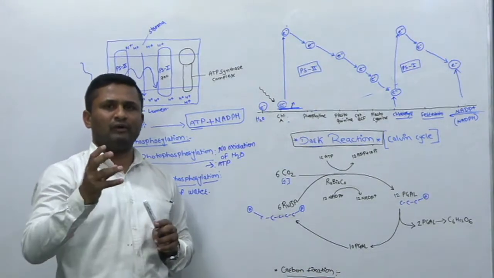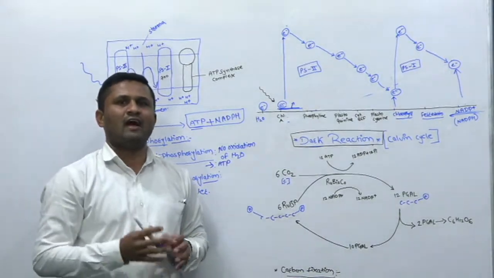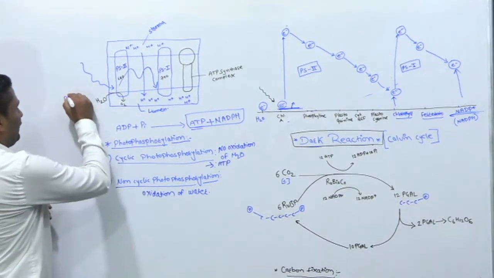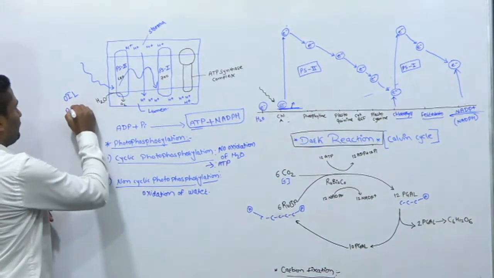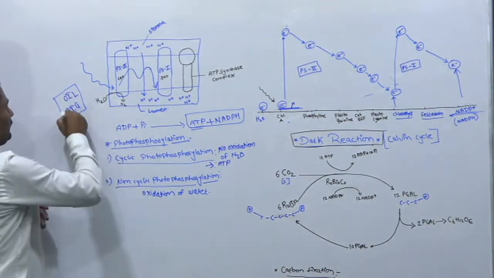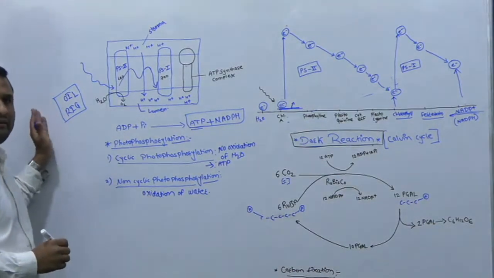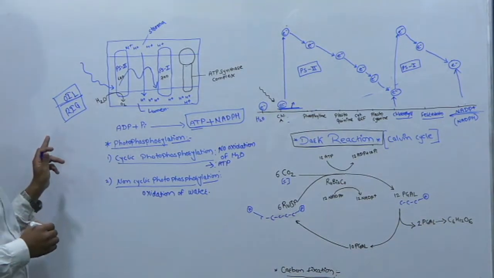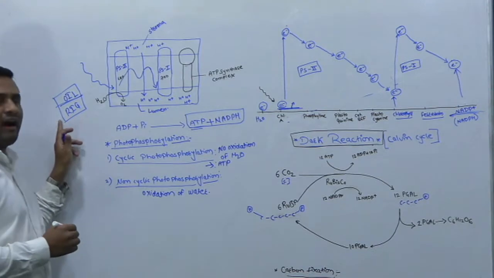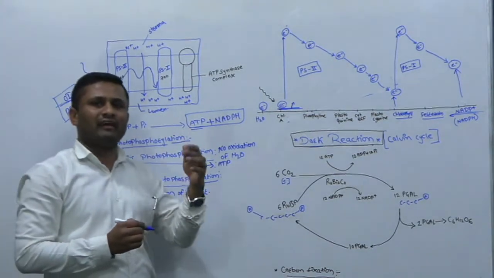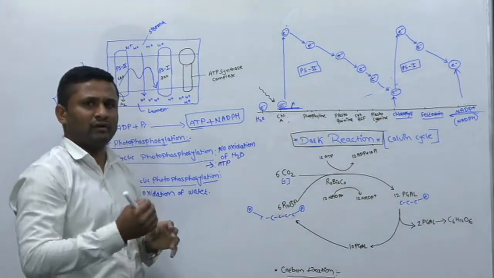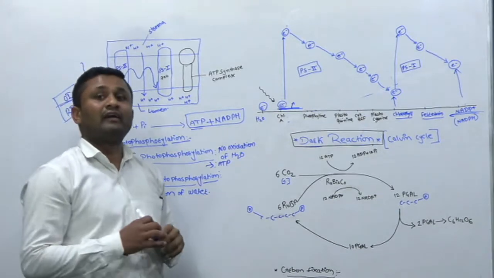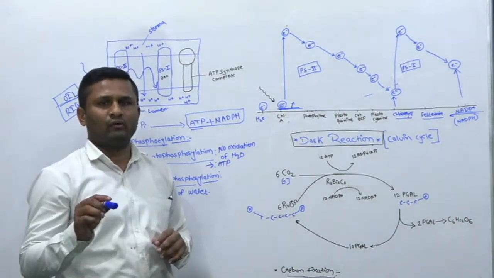There is one simpler way to remember this oxidation and reduction. What is actually oxidation and reduction? Now you can remember these words: OIL RIG. Keep in your mind always OIL RIG. OIL stands for oxidation is loss of electron, while RIG is reduction is gain of electron. When we are talking in terms of electrons, oxidation is loss of electron and reduction is gain of electron. OIL RIG, you can simply remember this.